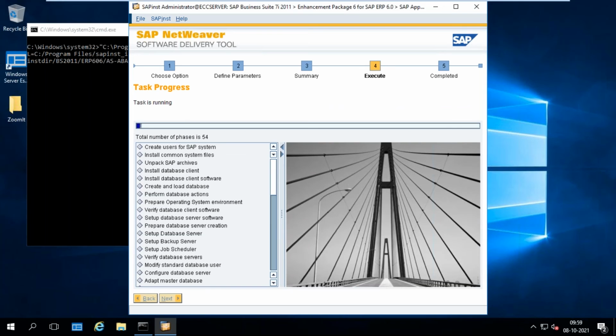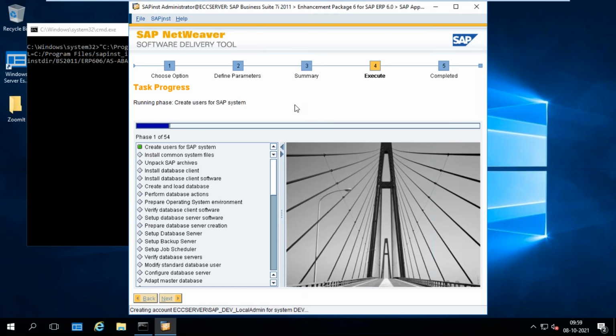So total 54 pages are there. All those 54 pages must be successfully completed. Then only the SAP installation is successfully installed. If anything is going wrong, again we need to start.